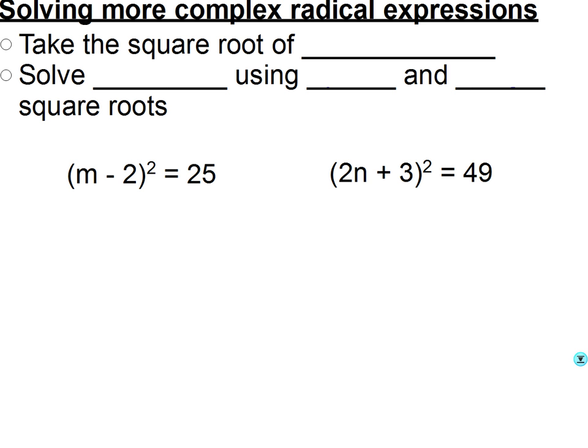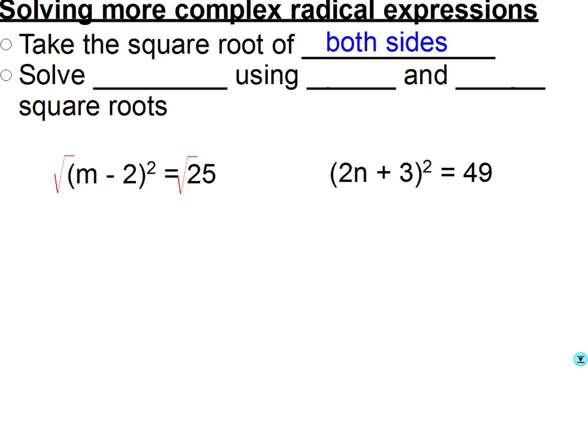Okay, so we're building towards what we're going to be doing next week, which is completing the square. So this is a building block kind of equation to get to completing the square, which is a strategy we're going to learn next week. If I see an equation that's set up in this way, a binomial squared equaling another number, I'm going to take the square root of both sides. And that feels strange because I'm taking the square root of an entire